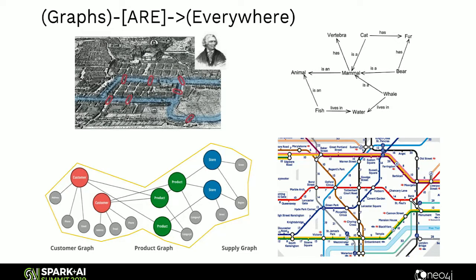If you're not really familiar with graphs, graphs are all around us. They basically are a mathematical representation of things that are connected. We call them nodes for entities, relationships for links or edges, but it could be anything from a traffic or a logistics or a transportation graph to a graph of brain functions or a graph of products, or a graph of how people vote. So graphs are really all around us, and we know they're a way to look at relationships, and we know that relationships are very powerful for prediction.